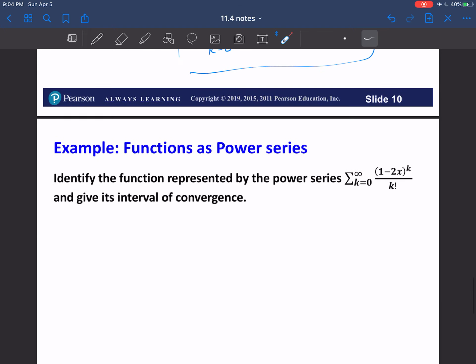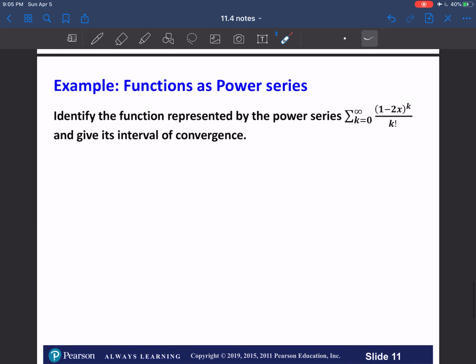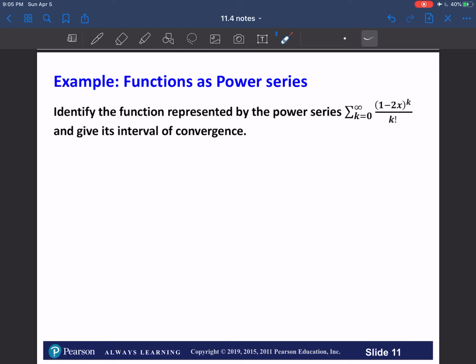All right, so the final example that I want to show you before I get to my little treat here at the end is writing functions as power series. We want to identify the function that is represented by this power series and give its interval of convergence. The way that we're going to do that is notice what this looks like. And in this case, this once again looks very similar to the e to the x